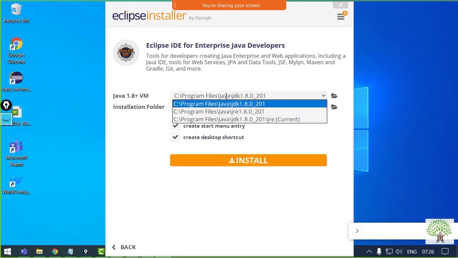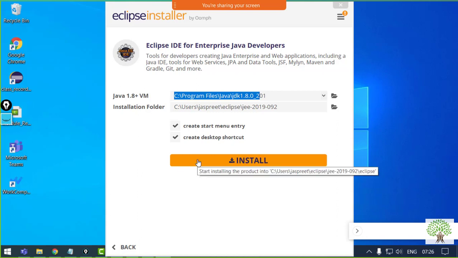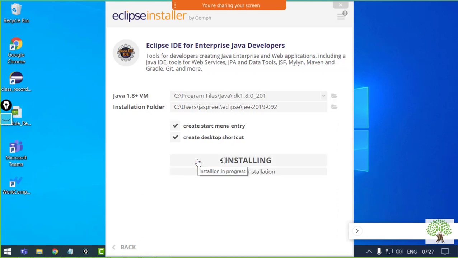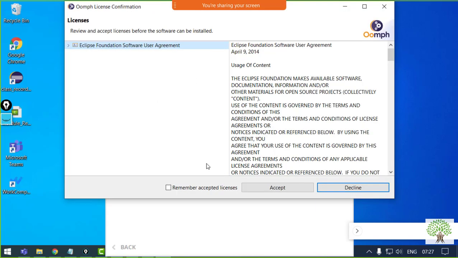You need to have JDK on your system to work with Eclipse. So I'll just install Eclipse so that I can show you the freshly installed Eclipse.